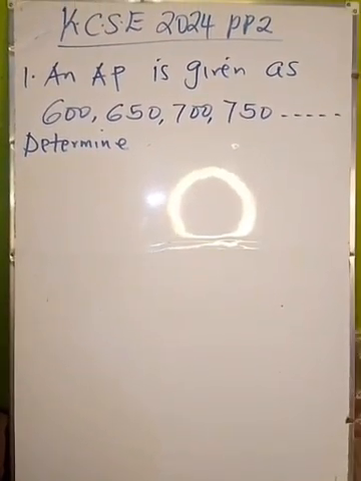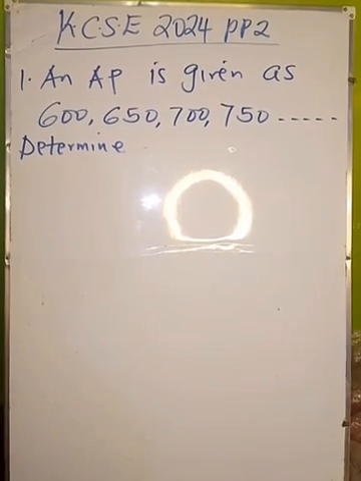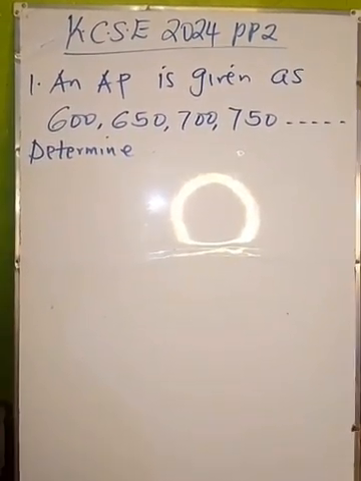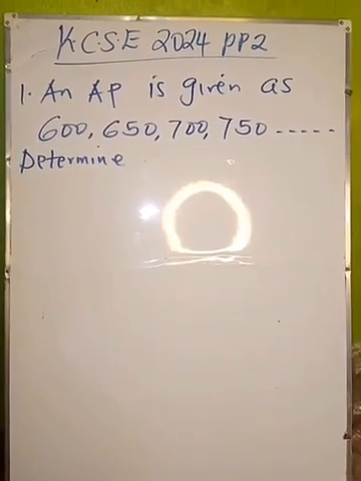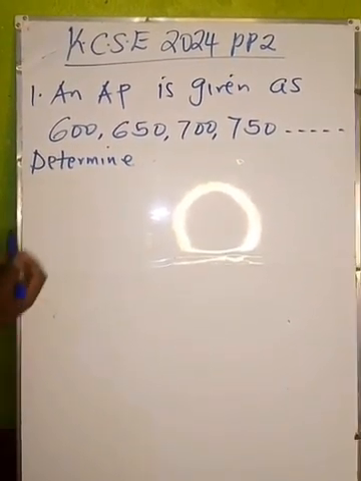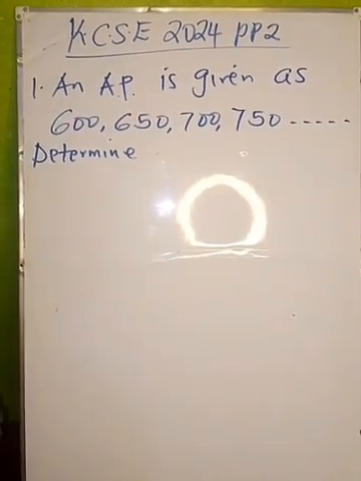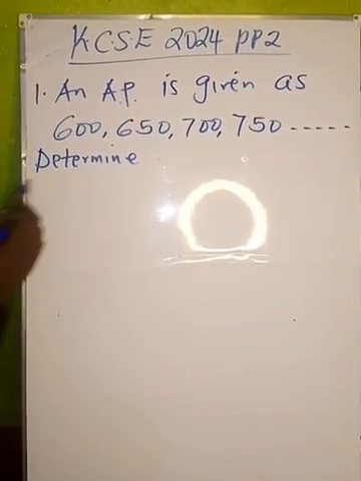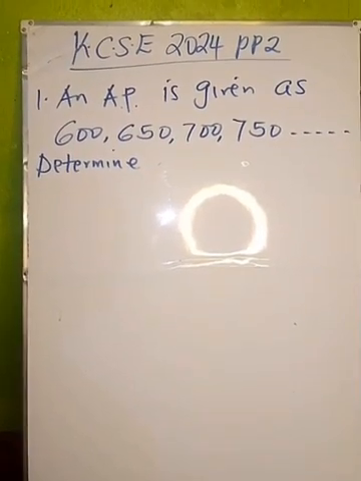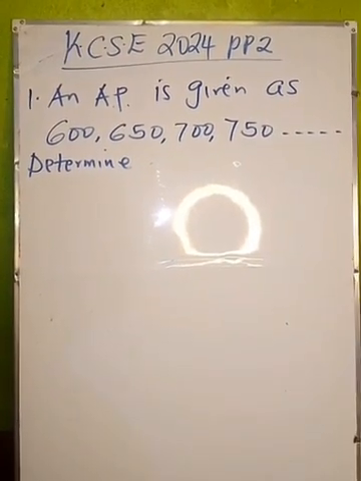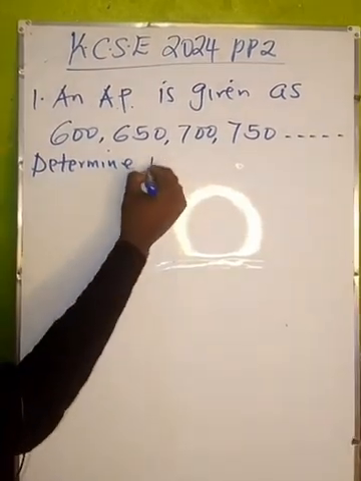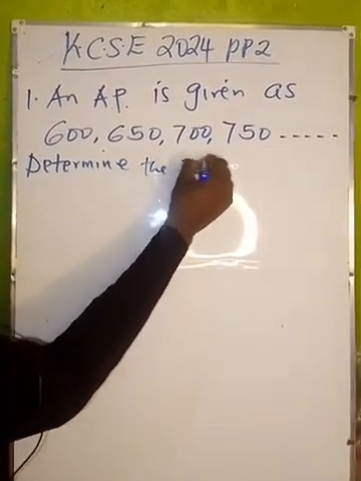Today I'm going to discuss KCSE 2024 paper 2, and we'll start with the first question. The first question states that an arithmetic progression, or AP, is given as follows. We have 600 as the first term, 650, 700 and 750. So the first question: determine the 30th term